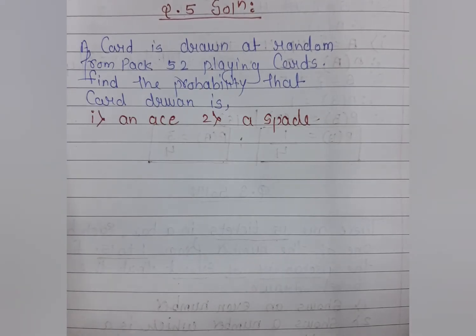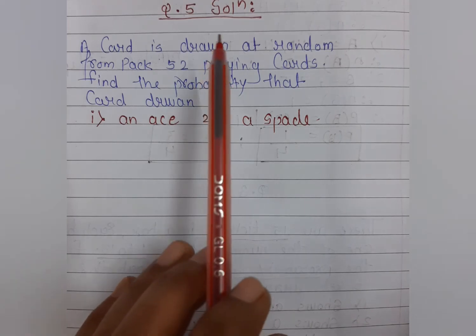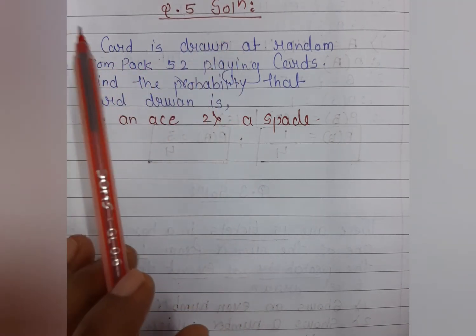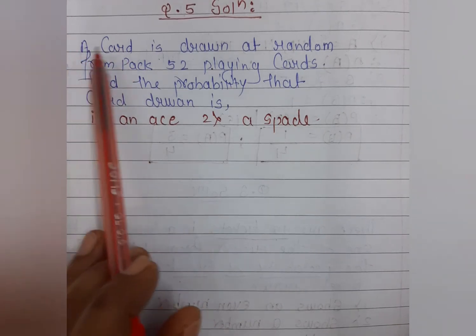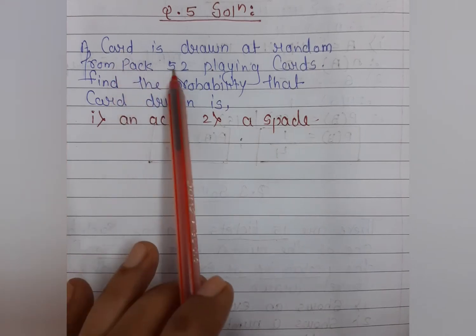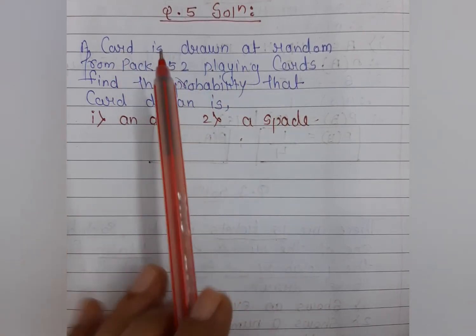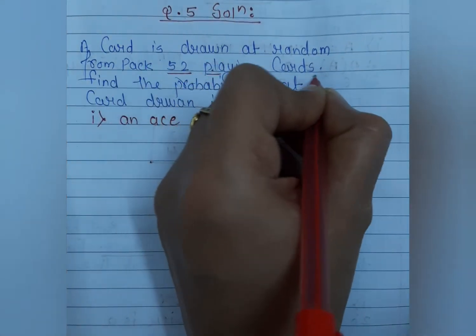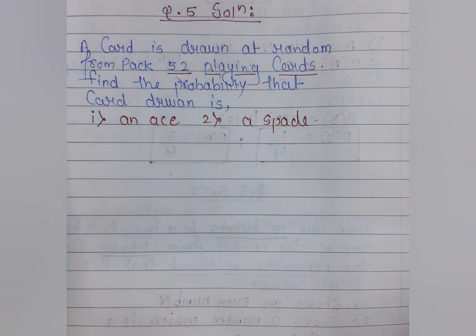So let us understand, students, the solution of question number 5. Before we get to the solution of question number 5, we can understand the question. The question is: a card is drawn at random from a pack of 52 playing cards. It means, students, here we have a clear instruction about the condition, that is we have a card and the number